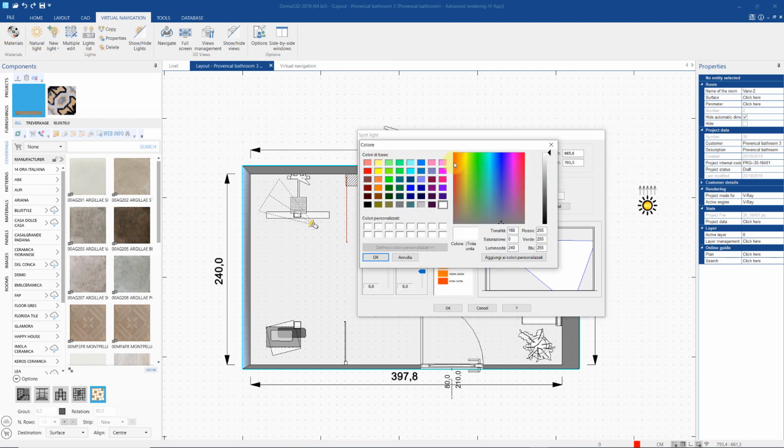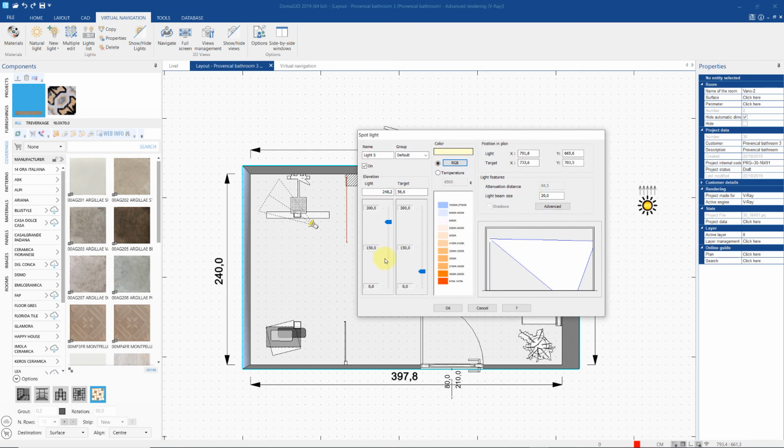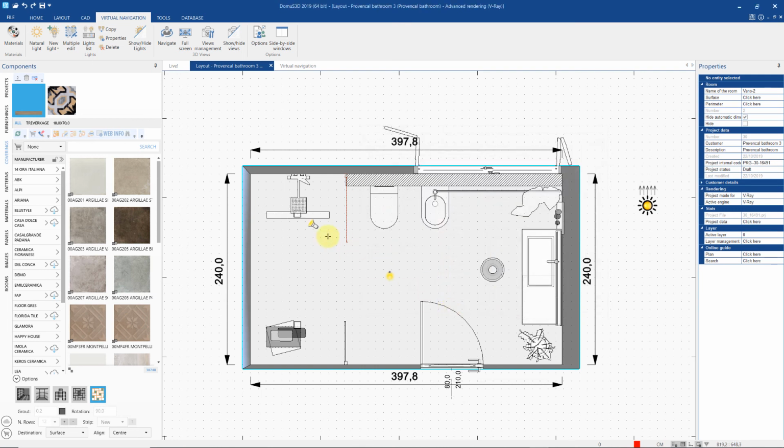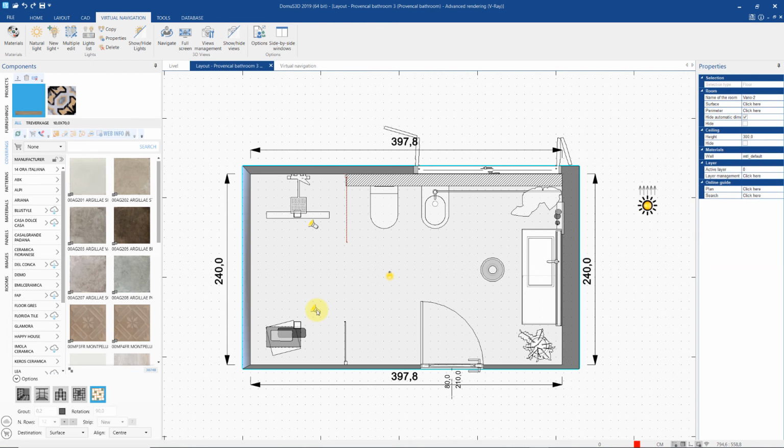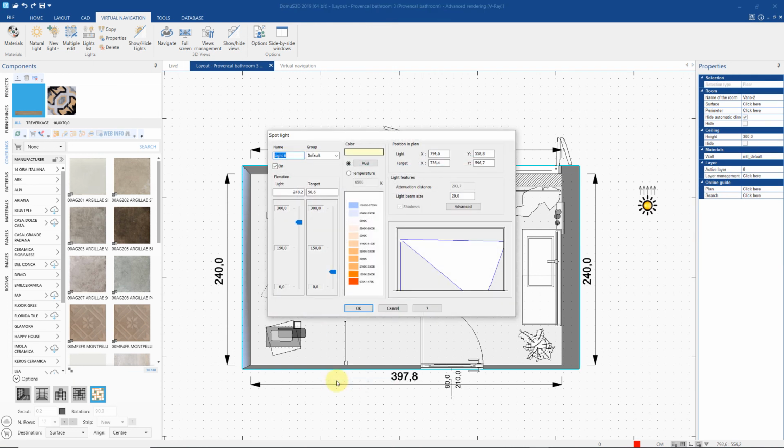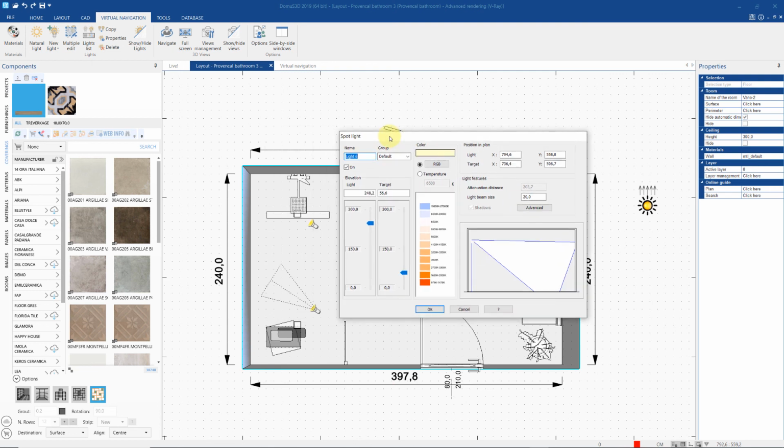Here too, we can set a dominant color depending on the overall effect that we want to achieve. Let's duplicate the spotlight we just created and position it in the shower area. We can right-click on the spotlight, select Copy, and position it how we want. This second light will have inherited all of the properties of the first one,